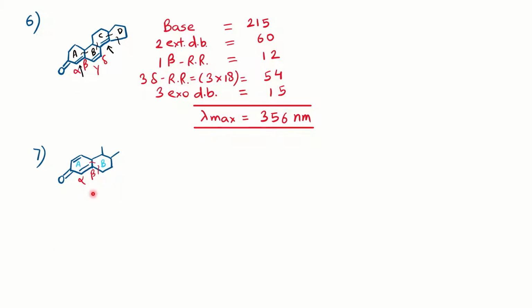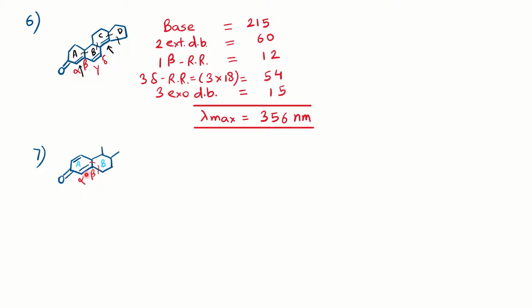Now, in this example, you can see there are two double bonds present in the ring A, right? But both double bonds are not in conjugation. So basically, you can consider either side alpha beta. Either you can consider the upside alpha beta unsaturated system, or you can consider the downside. You have to consider only one side. So we'll be focusing on the side where you are getting the higher lambda max value.